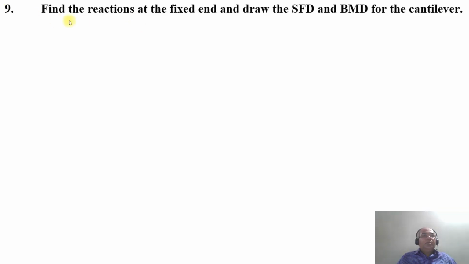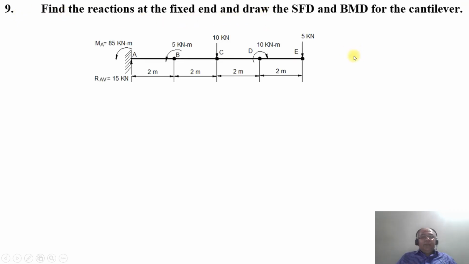Now, we're going to take up one more problem on the cantilever beam. Problem number 9: find the reactions at the fixed end and draw the SFD and BMD for the cantilever beam. So we have a cantilever beam where one end is fixed, the other end is free. And at point B, you have a counterclockwise couple of 5 kilonewton meter at a distance of